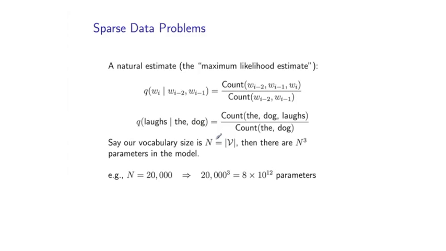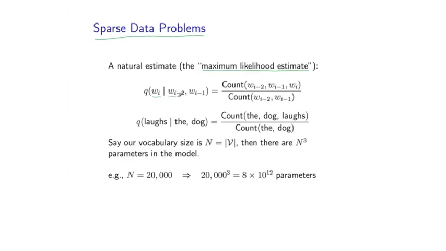So just to recap, one of the primary challenges involved in estimation of trigram language models is the sparse data problem that I described earlier in the lecture. So let's just go over this argument again. A very natural estimate for a trigram language model is what is called the maximum likelihood estimate. So the general form is as follows. If I'm estimating the parameter q for some word wi,